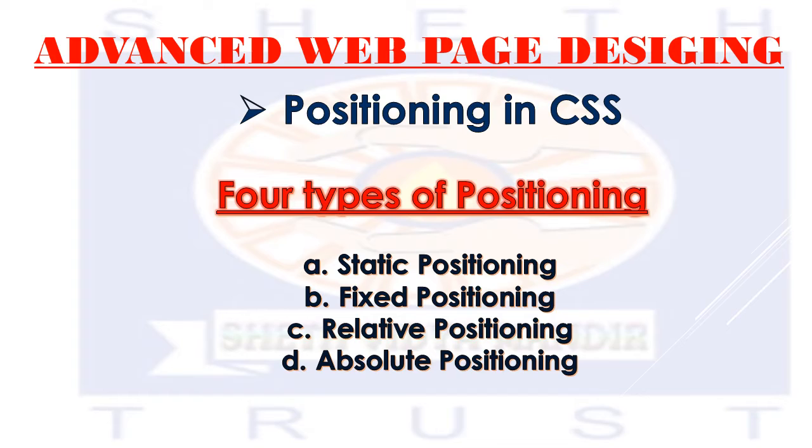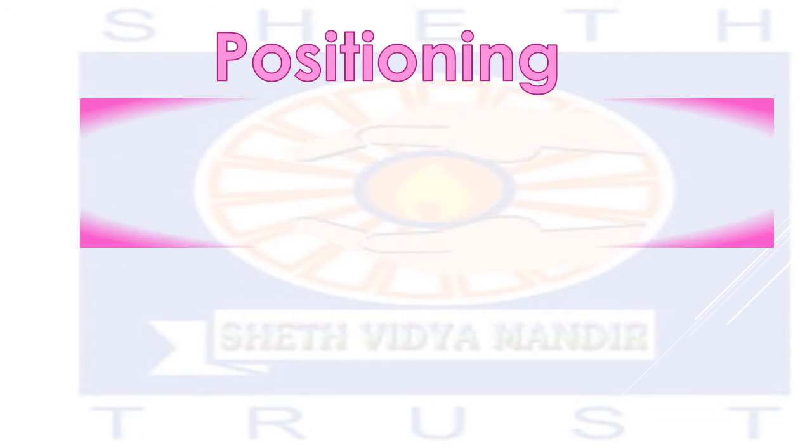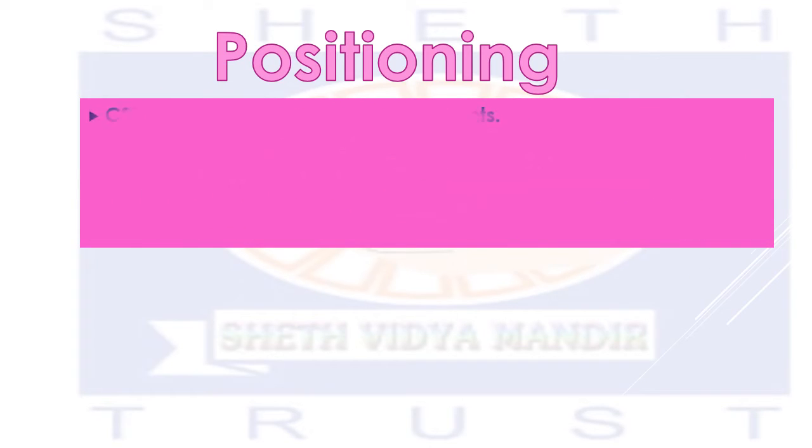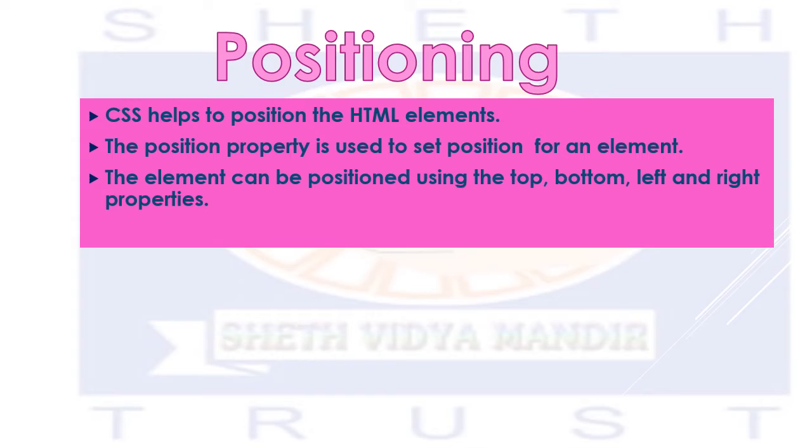So today we are going to see how this positioning is possible, what the features of this positioning are and what new features we have got. Now there are four types of positioning: static positioning, fixed positioning, relative and absolute positioning. In the earlier versions we had relative and absolute positioning. This year we have static and fixed also. In this presentation you will see the different types of positioning, their examples, the syntax and how they are presented on the web page.